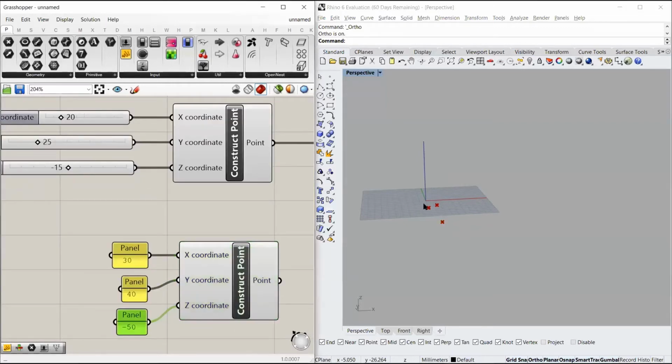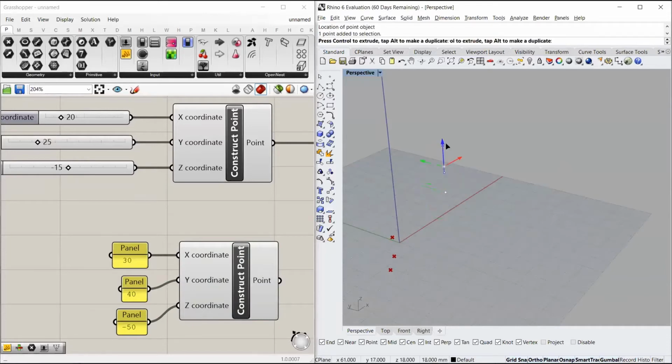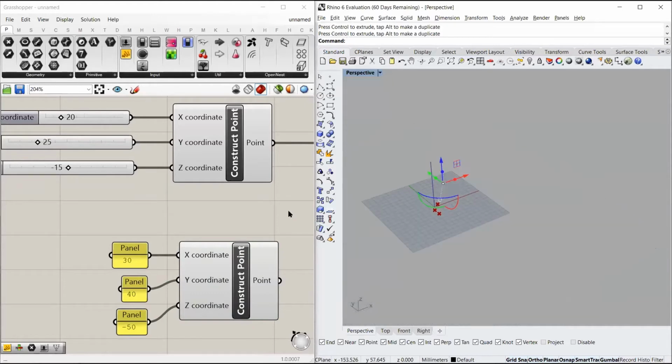Also, there is another way to reference a specific point which has already been made in the Rhino interface. So for example, I make a point in the Rhino interface and I move this point to give it a z direction, a y direction, and an x value. I make another point and move this in x, y, and z. Suppose I have these two points in my Rhino interface